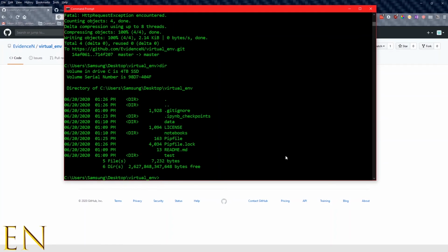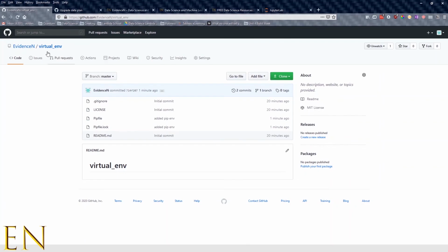And what if your pipenv environment gets corrupted? So I'm sure there's a super cool way to uncorrupt a corrupted virtual environment. But one thing that I've found to work for me is just to copy the folder. So I will copy my data, copy my notebooks, and copy my test. I'll just copy those folders and then put them in a new folder, create a new GitHub repo for this project, and just copy all my files over